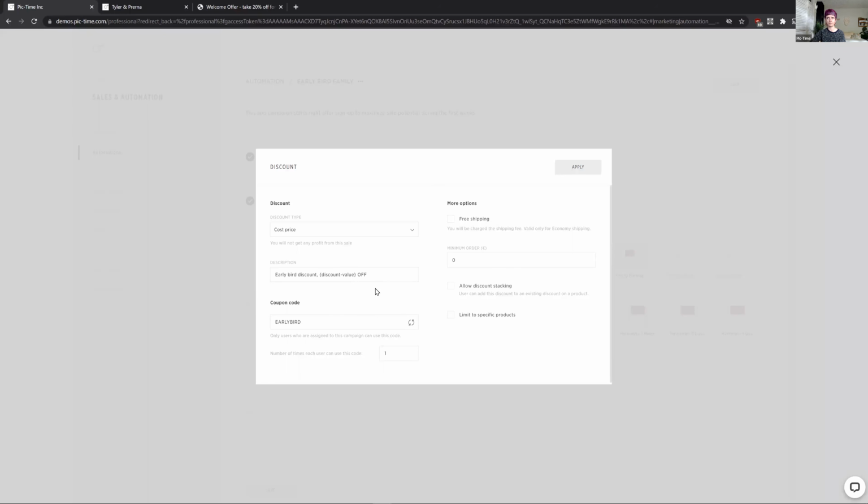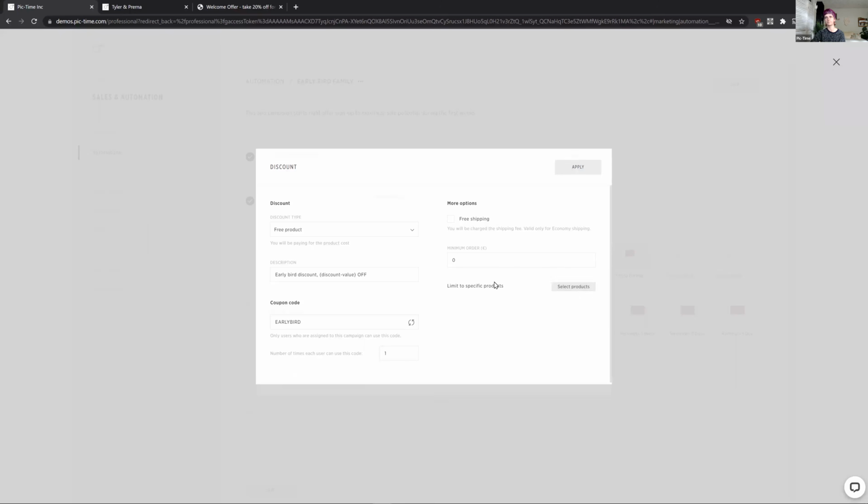And then we've got the description for our discount code. You can set up the coupon code itself. You can also set the number of times that each user can use this code as well. And this will be different depending on which sort of discount you choose. So for our dollar off discount, your client can use the coupon code as many times as they like until their total amount is used up. And it's also a little bit different for the free product discount, where usually it's on a per order level. For our free product, it's actually on a per product level. And that way we can give the client a few different product options to choose from while still getting only